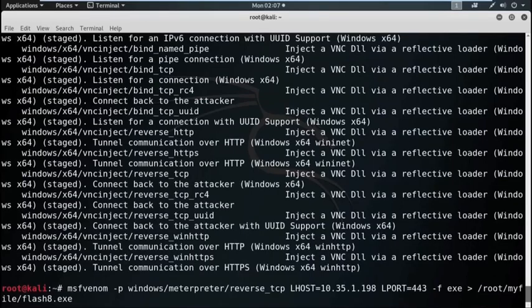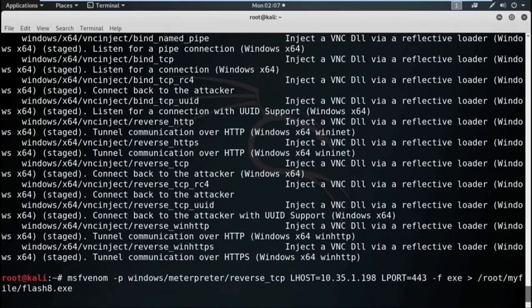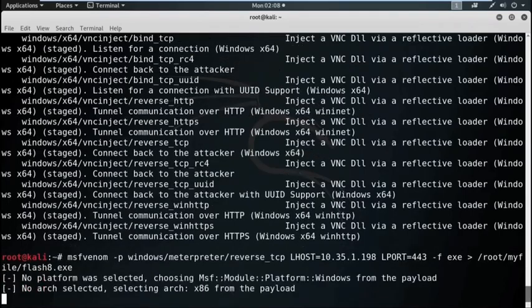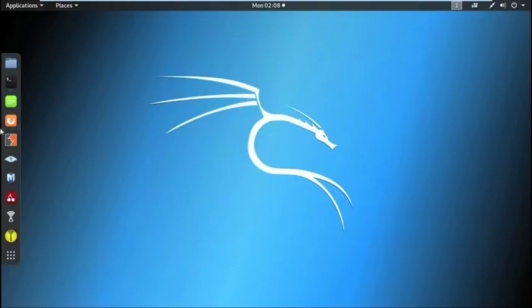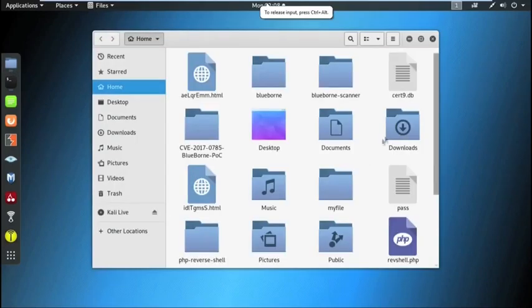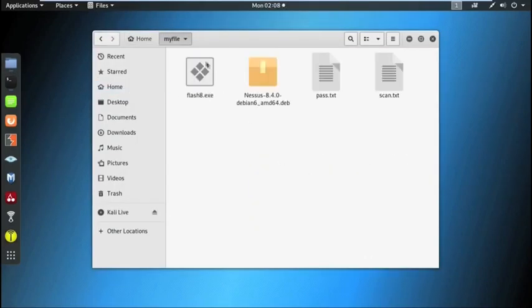Now, hit enter. Now, it is created. Now, check the folder. See, it is already created.